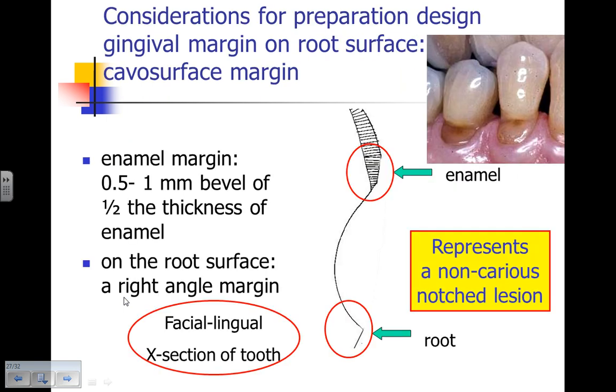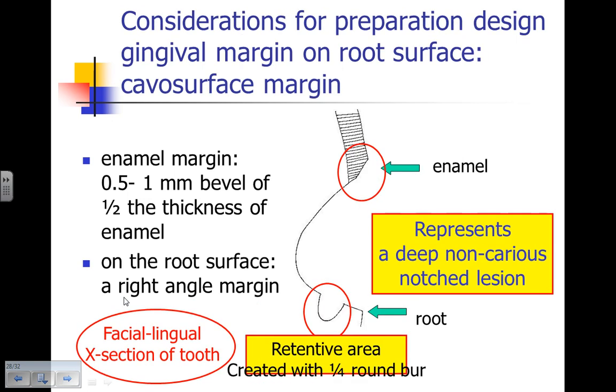When we're doing preparations for these class 5 non-carious cervical lesions, we're going to use an enamel bevel of 1/2 to 1 millimeter in length and 1/2 the thickness of the enamel. We're on the root surface, and on the root surface itself we leave a right angle margin. As these lesions get deeper into the dentin and onto the root surface, our enamel bevel will be the same. Our cervical cavosurface margin at the gingival will be the same too, at right angles, but our consideration is